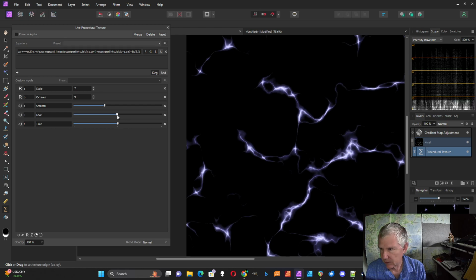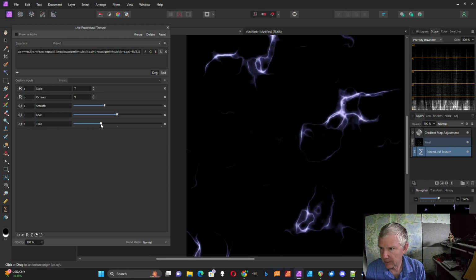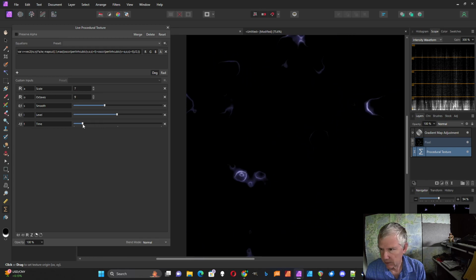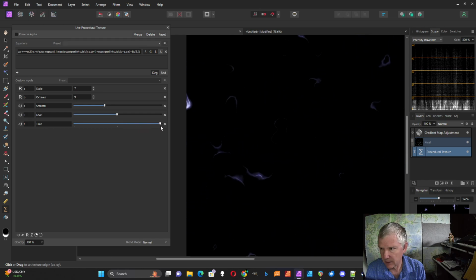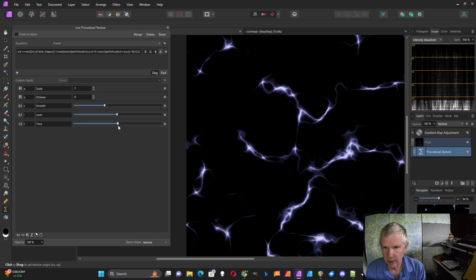I can change this level function, which shows more of the background texture. I sort of like this one about here, and then I have this time variable where I can have it look like zaps going across the screen here. So I'm going to go over how I came up with this and describe how it works. I originally came up with this when I was trying to do something else, and then I noticed, oh, that looks like sort of electrical discharges, and I'd been trying